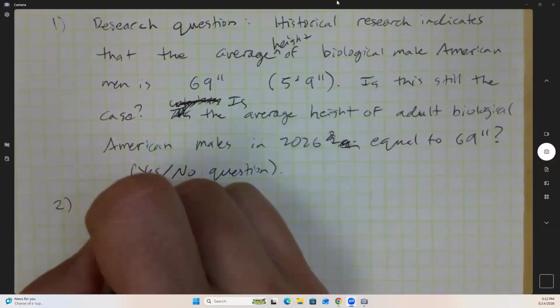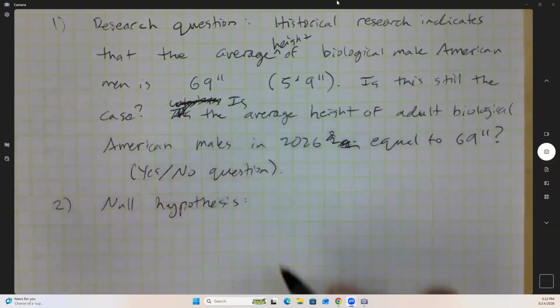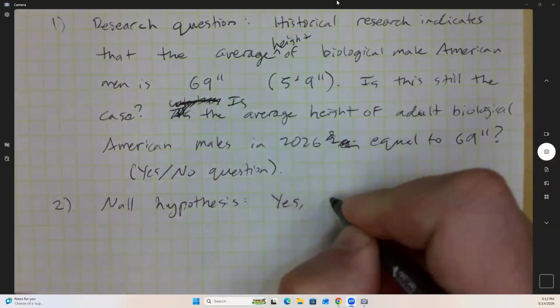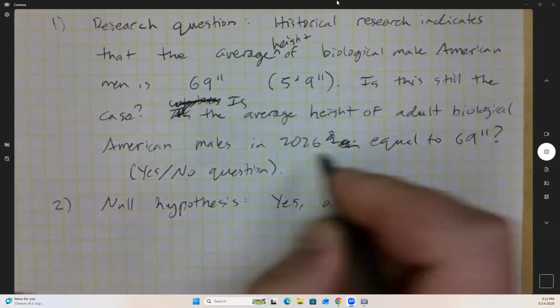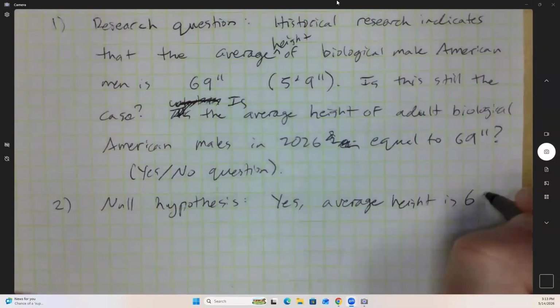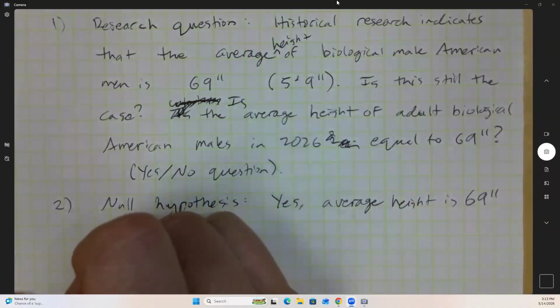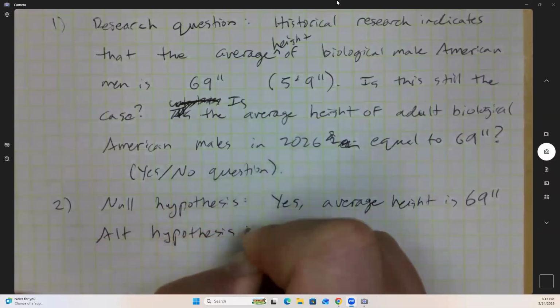Then we get a null hypothesis. That's the boring possibility. What's the boring answer to that question? Yes, nothing more to learn. Height hasn't changed. Yes, the average height, I'm not going to write the full description, is 69 inches. And the interesting possibility,